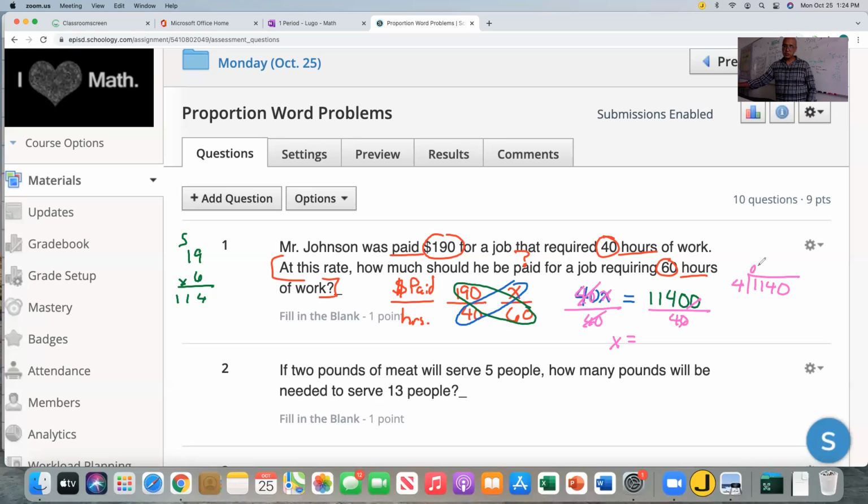So I'm going to cancel those trailing zeros and divide everything by 4. So 4 goes into 11 twice. We subtract 11 minus 8. That's going to be 3. Bring down the 4. 4 goes into 34 8 times. 8 times 4 is 32. We have a remainder of 2. Bring down the 0. And 4 goes into 20 exactly 5 times, meaning, ladies and gentlemen, that for 60 hours of work, he's going to get paid $285, which